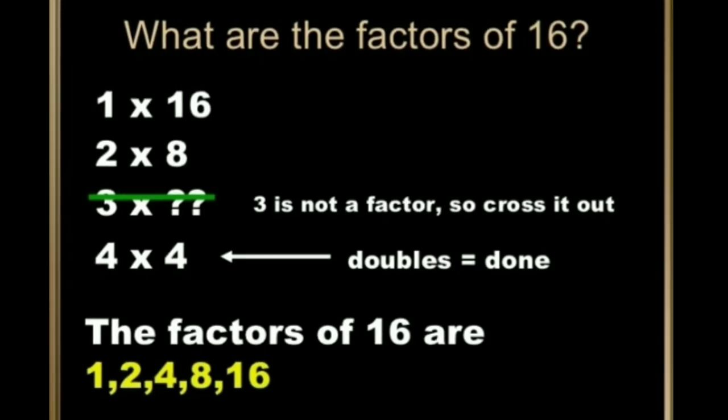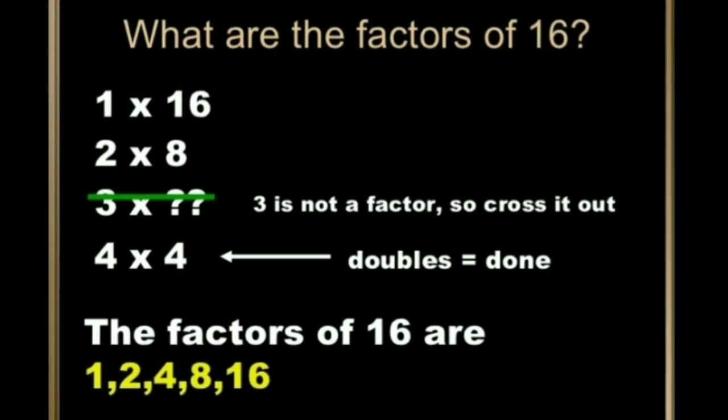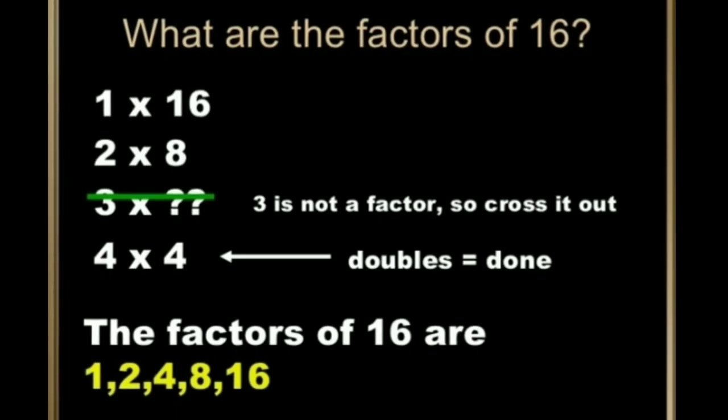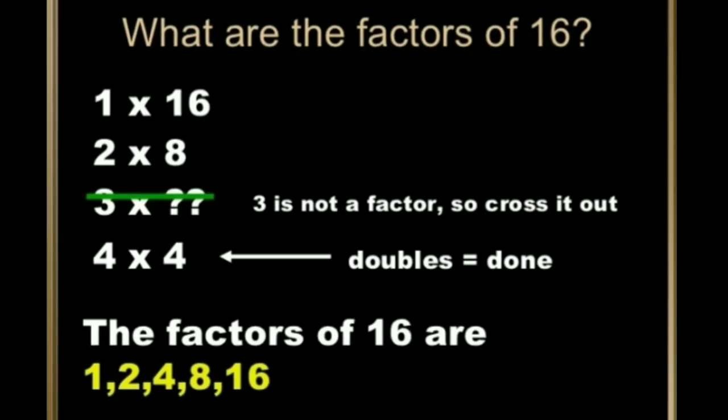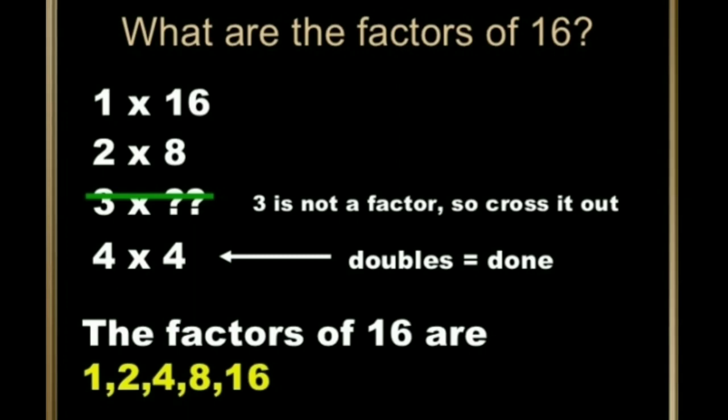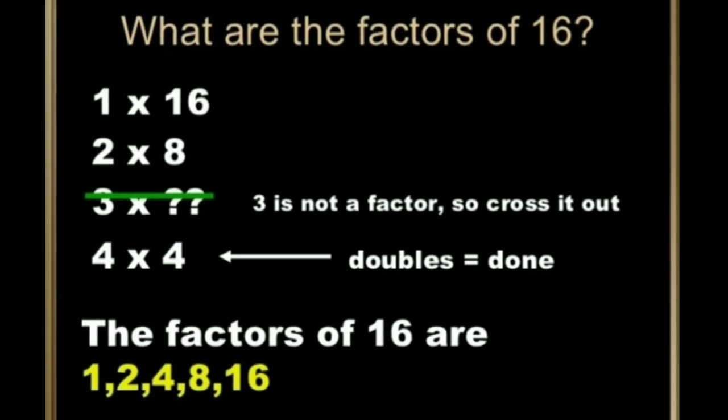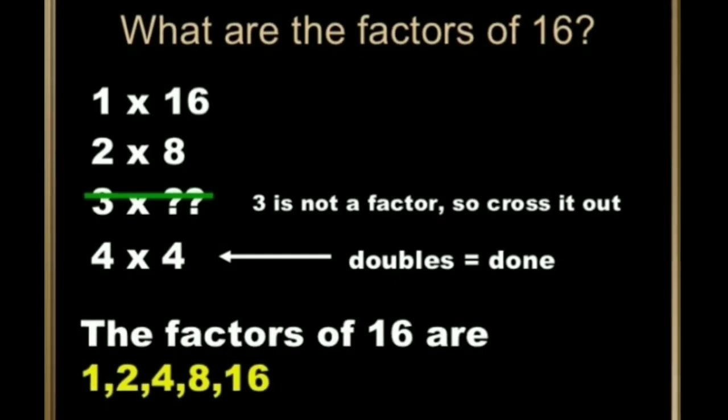Now next move on to the table of 4, and when you count the table of 4, you find that 4 into 4 is equal to 16. Now since a double has come there, we need not move further. Our factors are till 4. So the factors of 16 are 1, 2, 4, 8 and 16. So these are the steps that you have to follow to find the factors of 16.